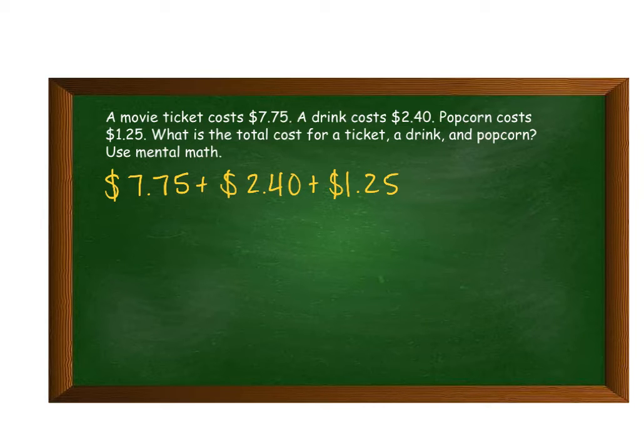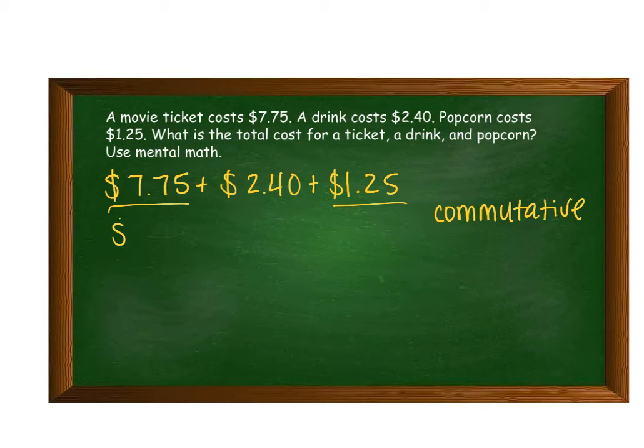Now, I immediately would think to combine these two, because if you have a quarter and a dollar and you add that with $7.75, you're going to end up with a whole dollar, because this 75 plus 25 will give us 100. So how we do this in math is we use the commutative property